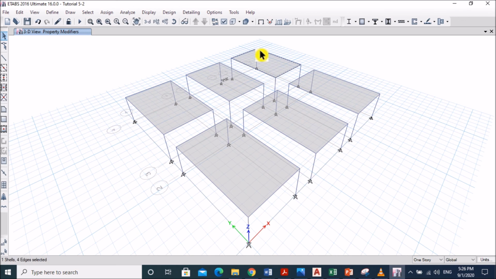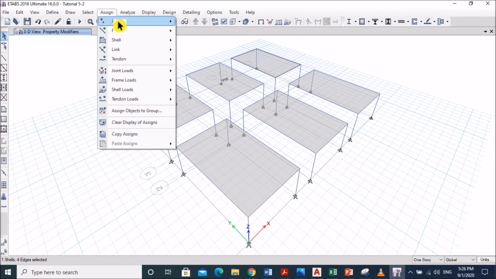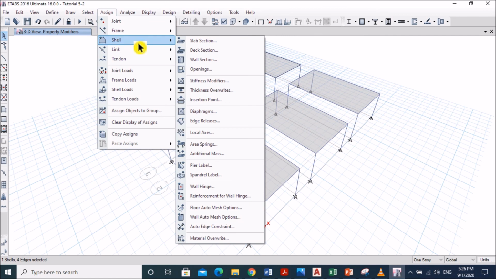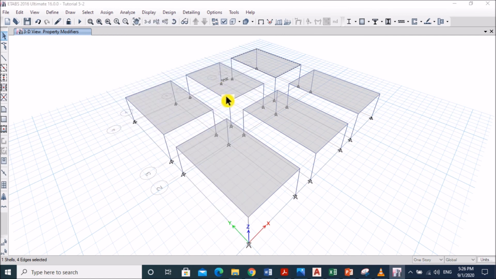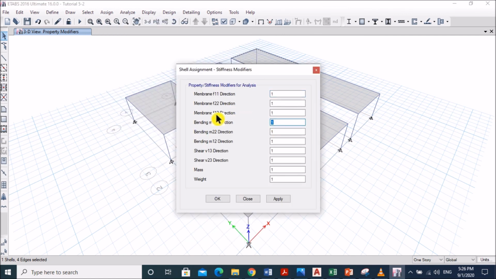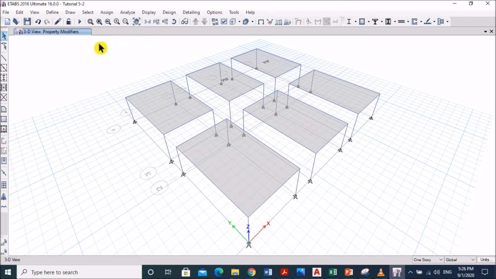Again do for thick cell element. These two are thick cell. Now I want to change the stiffness modifier of this thick cell element. Go to assign cell, stiffness modifier, then apply 0.0001. Control C, Control B, again Control B, Control B, Control B, apply. OK. Now run the model then.